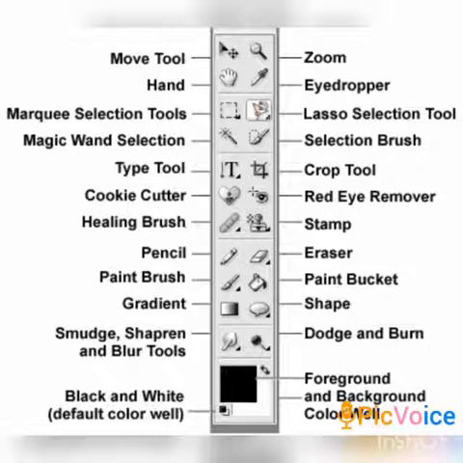Paint and retouching tools consist of healing brush, eraser, clone, fill, blur, stamp, dodge, burn, gradient and sponge tools. Then text and drawing tools consist of text tool, shape tool and pen tool, used for drawing and typing text. Next, view tools: hand and zoom tools are view tools, used for viewing the object.